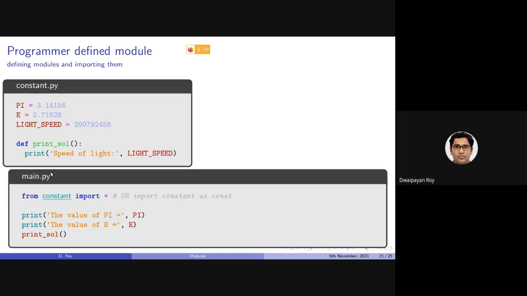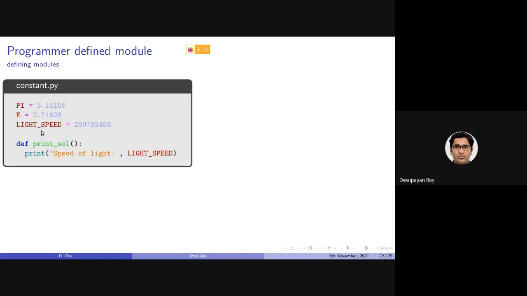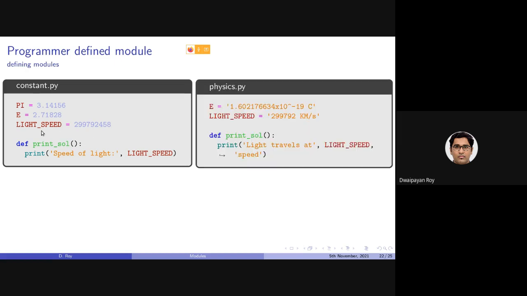Now let's consider another scenario. Let's say we have this constant.py file or module. We have another file called physics.py where there is an overlap: e and light_speed. Here it is defined as a numerical value. Here inside this physics.py file, it is defined as a string.